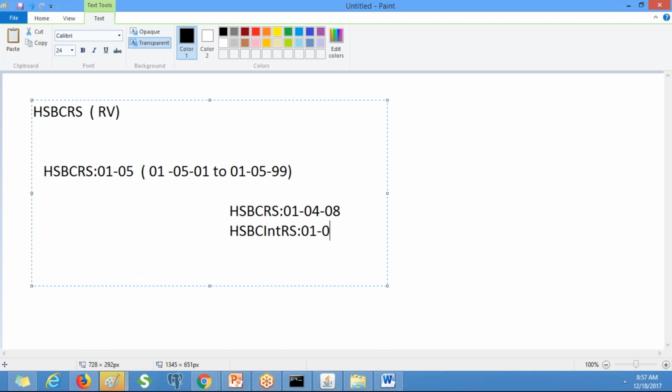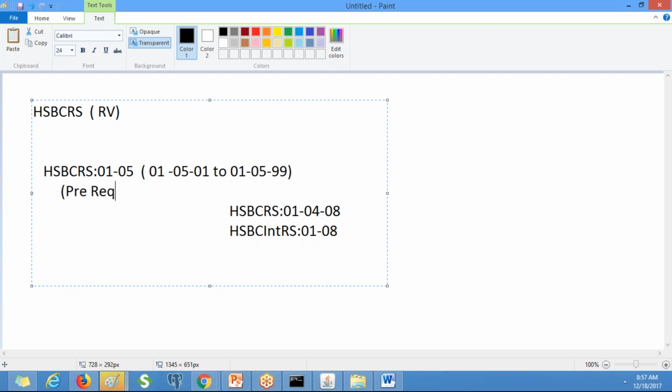If this HSBC rule set 01-05 wants to use the rules which are there in these rule set versions, we have to define these rule sets as prerequisites.